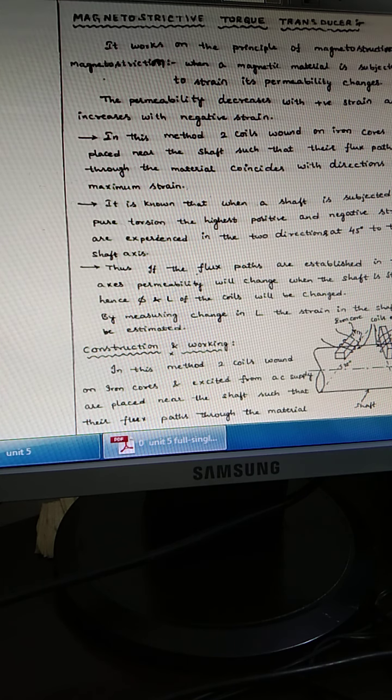That's why we place strain gauges and these magnetostrictive transducers at 45 degrees to the axis, where maximum strain will be developed in the shaft. So maximum strain will be developed at 45 degrees to the main axis. That's why we have placed